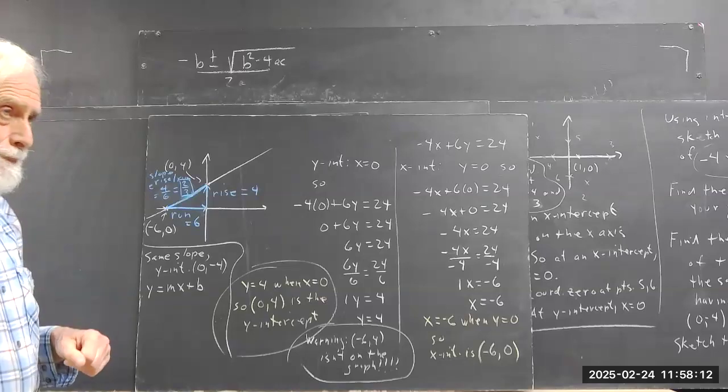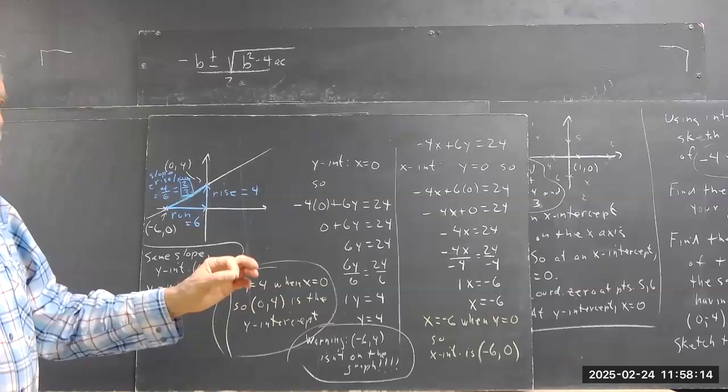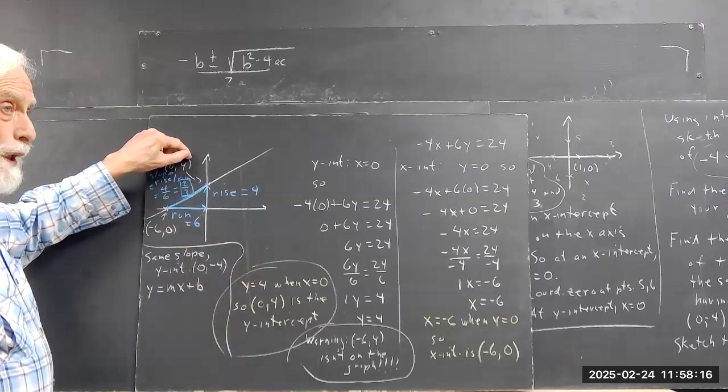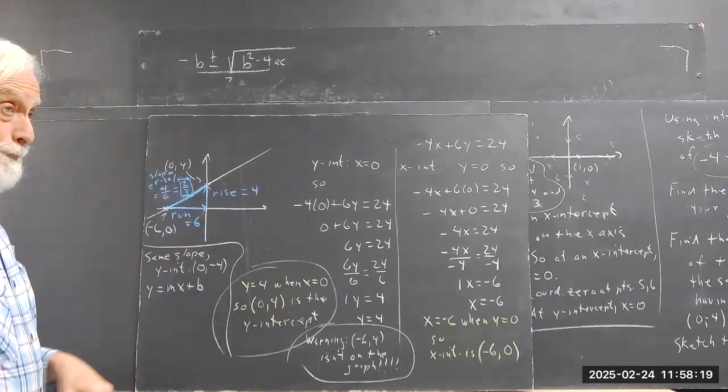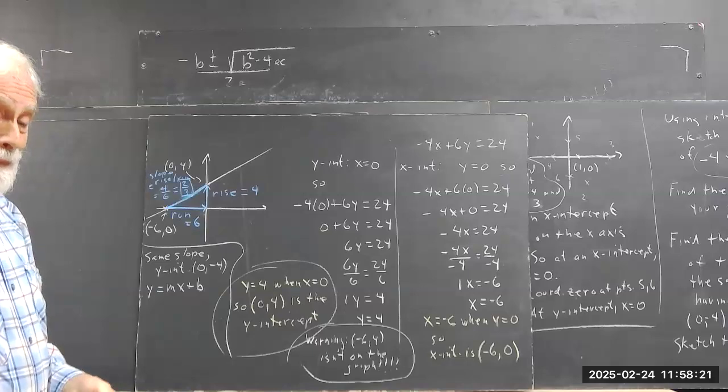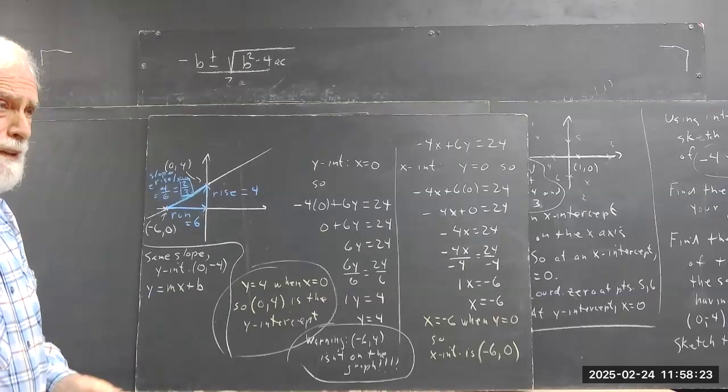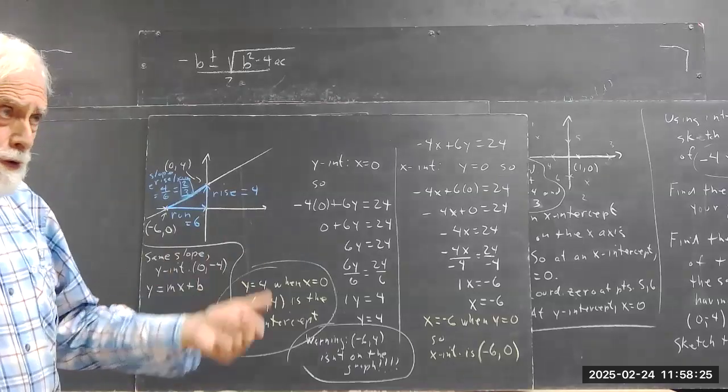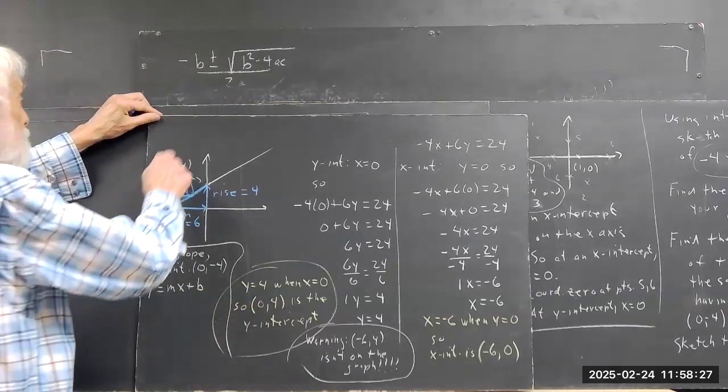So I will say the y-intercept is at (0, 4). The y-intercept is 4. Okay? A little terminology you might want to think about. Probably not going to stumble over because you're going to know from the context what you're doing, but